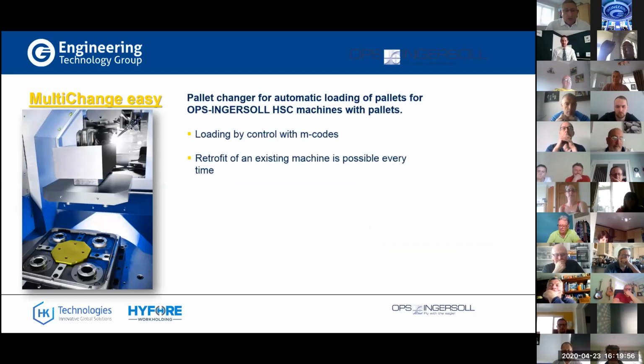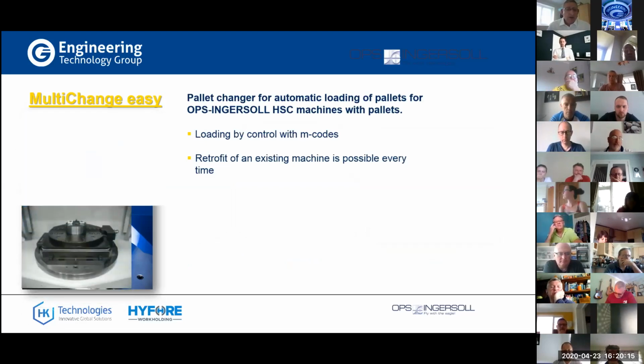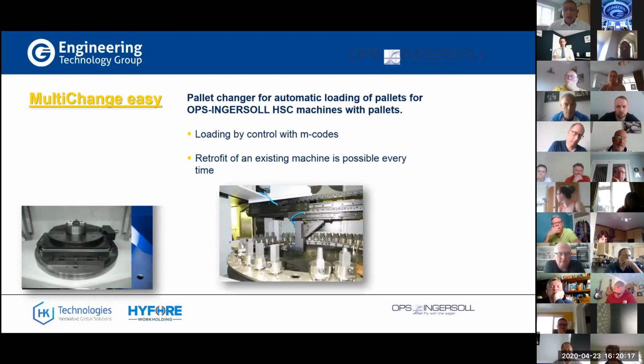It cannot be mixed with smaller pallets, but this enables the operator to be place coded through the control, calling in work pieces, or should he need to cut smaller parts, perhaps they will cut steel parts during the day, and then at night fit an adapter pallet over the main pallet and call in the tool changer with a 40 position ITS 75, ITS 50 type holders, or 20 position ITS 115, 148 start. However, even with the